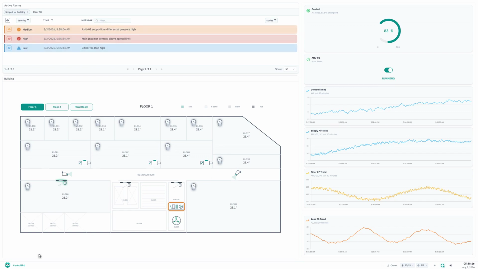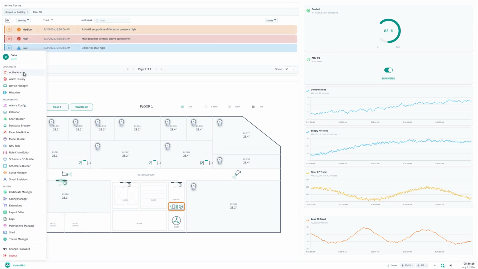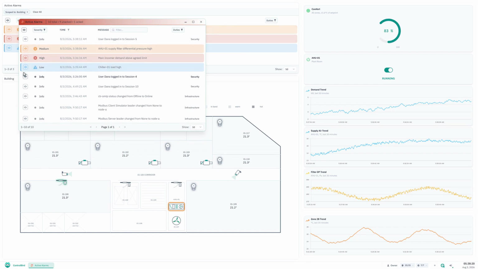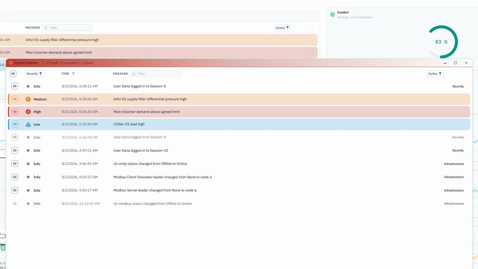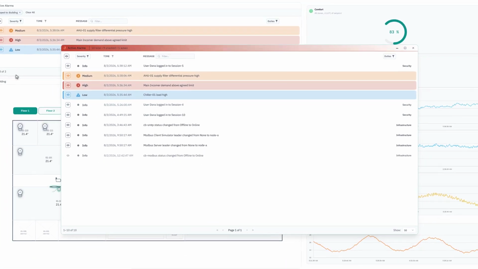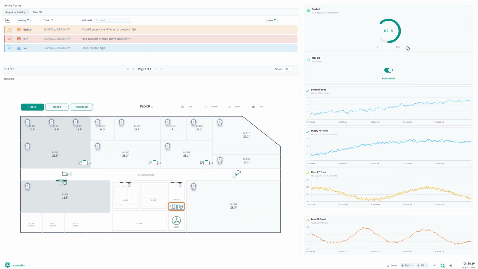The air handler's filter alarm is still active, still unacknowledged, and by now you know exactly what it looks like. It flashes on screen and it can even make a sound. But at 2 in the morning, there is nobody in the room to see it or hear it. So this last step is about reaching the people who are not looking at this screen at all, wherever they